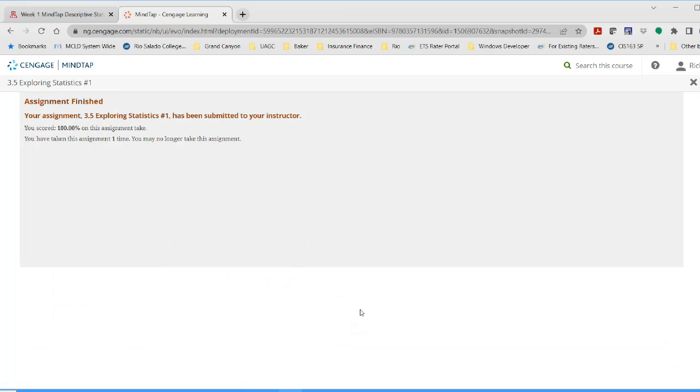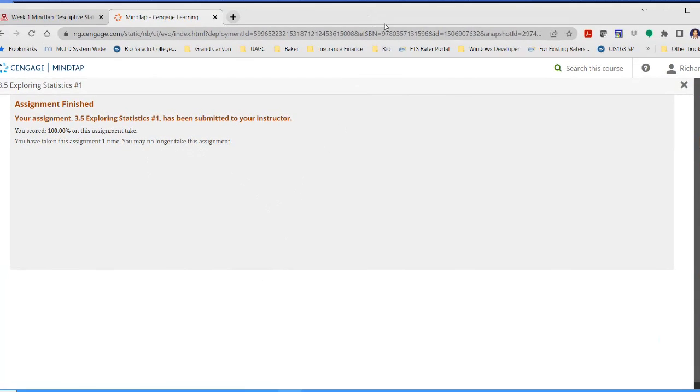It gave me 100%. It didn't actually come up with the same thing, but you're only given one attempt, and that's why I wanted to show you how to do this particular question. It's only 1 point, but still, I thought it was a little confusing that they don't give you a range of X values as opposed to a